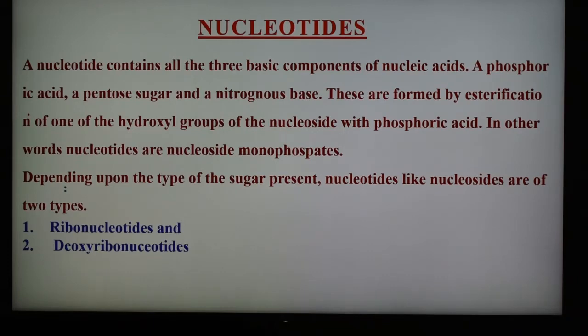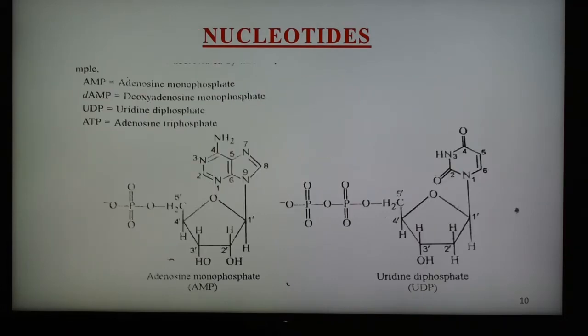So in this way, depending upon the type of sugar present, nucleotides, like nucleosides, are also of two types. One is a ribonucleotide, and the second is a deoxyribonucleotide. And here nucleotides are abbreviated by three capital letters, and they are shown here, for example, as short